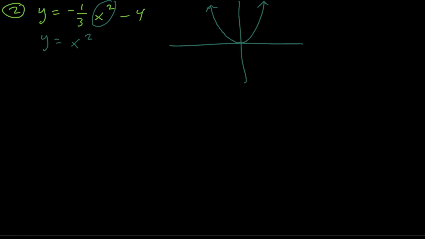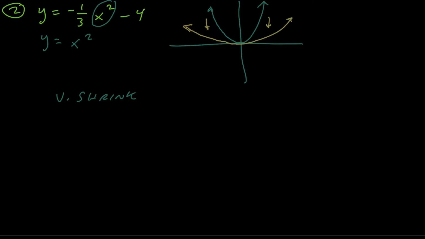But as far as the order of transformations here, notice we have a few things going on here. We've got this negative, we've got this 1/3, and we've got this -4. So what do you do first, second, third, right? Well, the 1/3 that comes in front, we could say that's going to be a vertical shrink by a factor of 1/3. So basically that's going to be squeezing it towards the x-axis. Okay, so it's making all the y values 1/3 as high. If you wanted to visualize it in a rough way here, it would be a little bit wider, and that's because you're squeezing it towards the x-axis, making all the y's